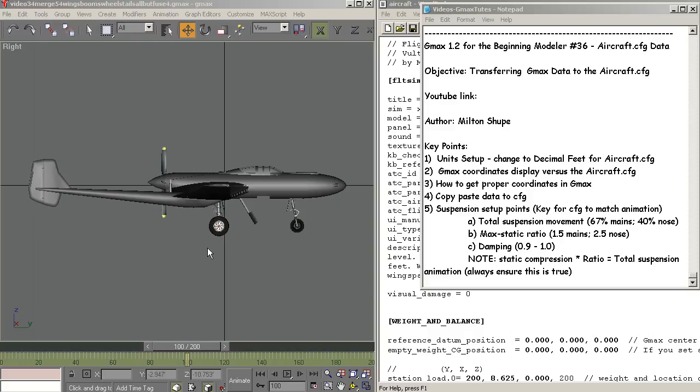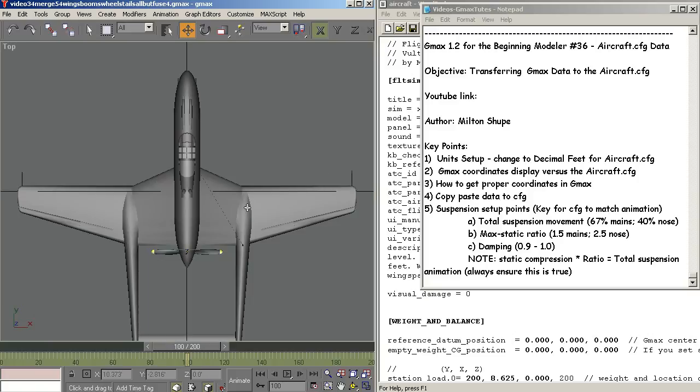It's time to get serious about setting up the aircraft config file, and what I'd like to do is show you how to copy your data directly from Gmax to your aircraft config, so you'll have accurate data throughout the config, which is key to its weight and balance and performance and appearance in flight sim. So assuming that things are set up and some basic assumptions are made, let's take a look at the top